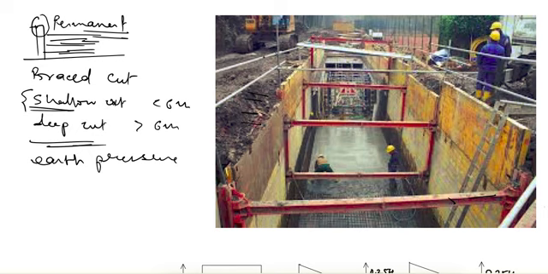So for finding out the load, what we do, so this is a vertical level, so in this direction we have struts, and in this direction, that is horizontal line, then also we have struts. So what is going to be the load on a single strut? So half area on this side, half length on this side, half length on this vertical side, and half on this below. So this rectangular area will be the area for which the pressure will be acting, and we multiply it by the area, so then we can find out the load on the strut.